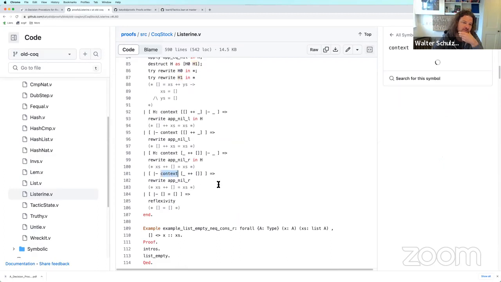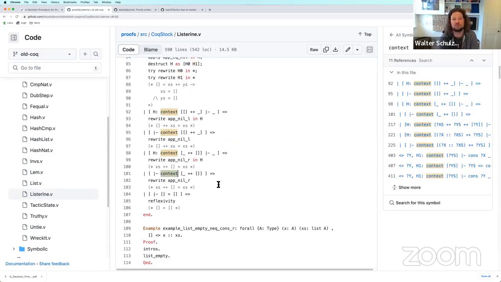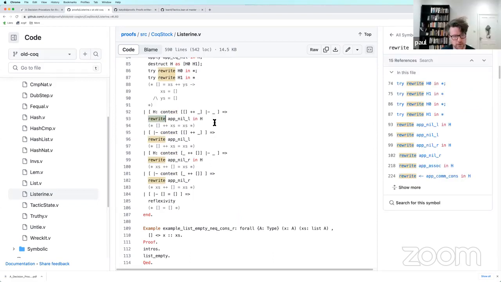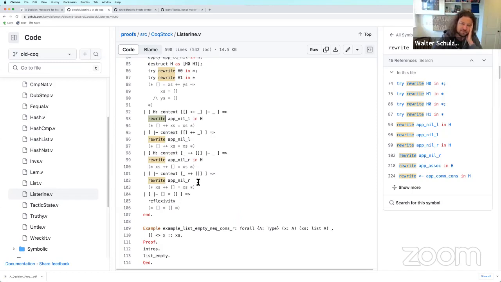We don't have this context operator in Lean, which goes through and tries to find this expression deeply nested within your expressions. But it doesn't matter because rewrite kind of does that. So we can just use try, which tries to rewrite, and if it doesn't succeed, then it wasn't there. So we can get away without this operator.